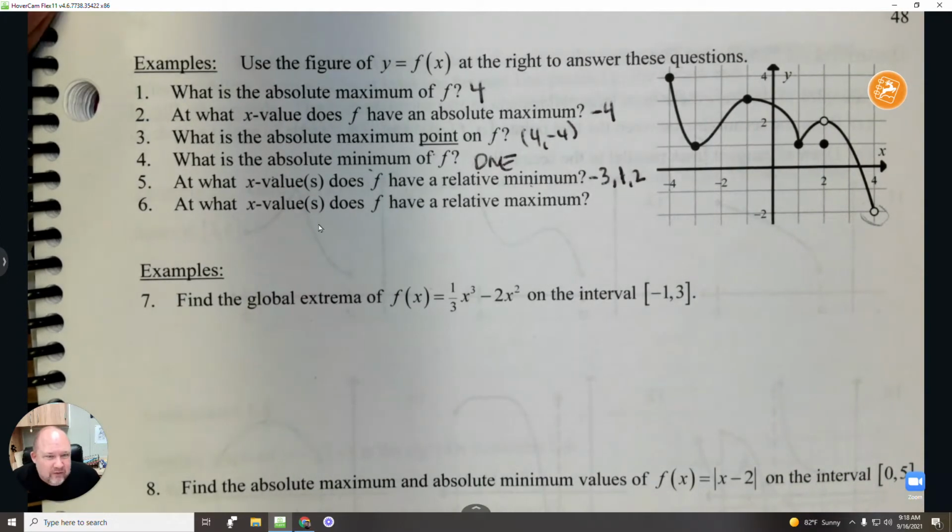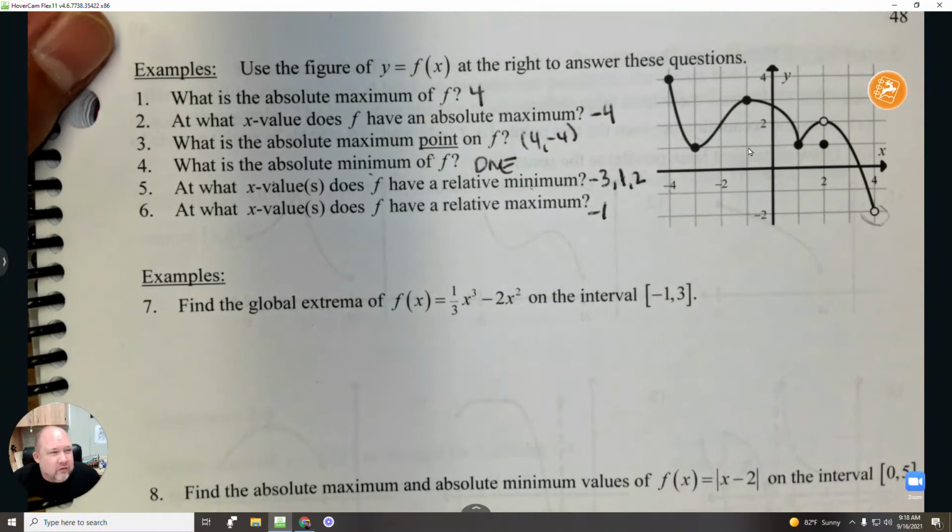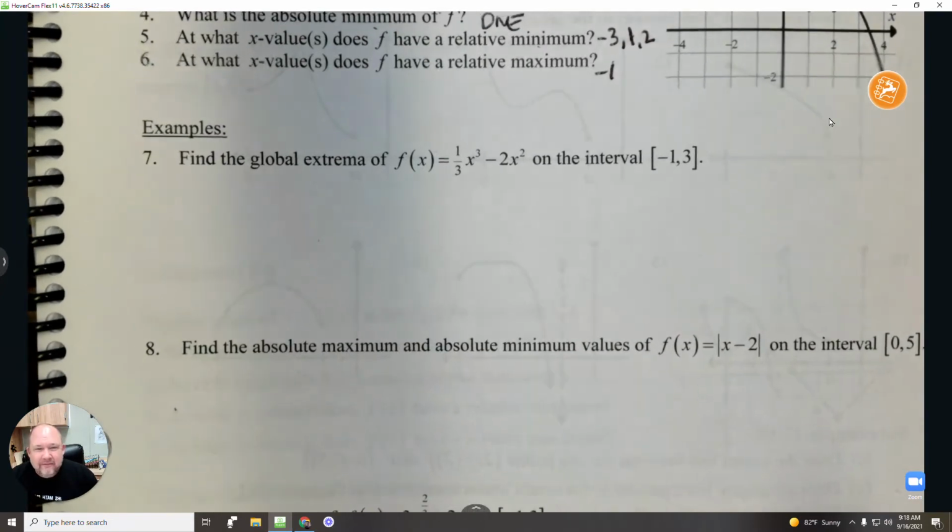At what x values does the function have a relative maximum? So the x value right here at -1. There's a relative maximum, and I think that's it. So there's a hole there that would create a maximum, but the hole means there's not one there. So only at -1. At number 7, find the global